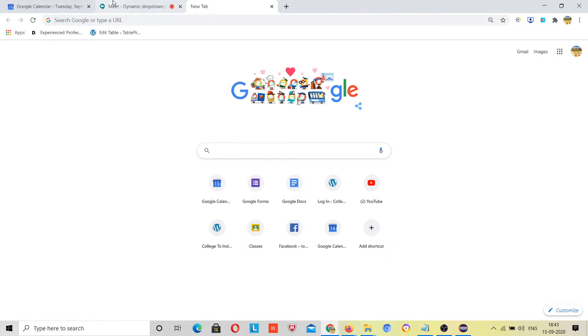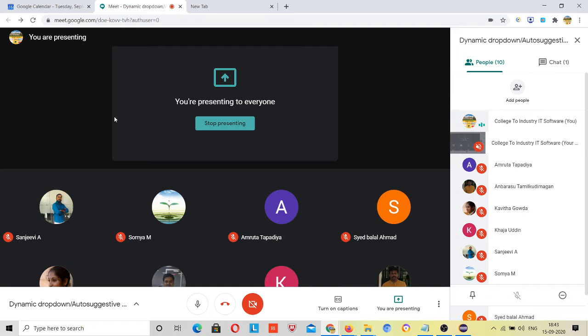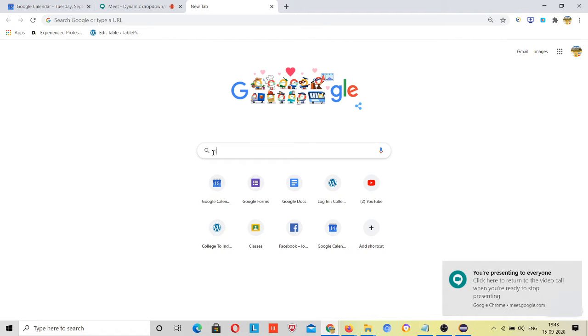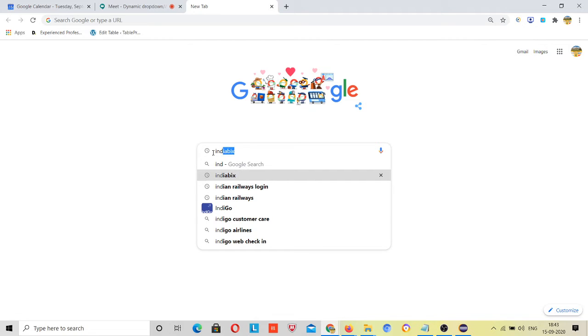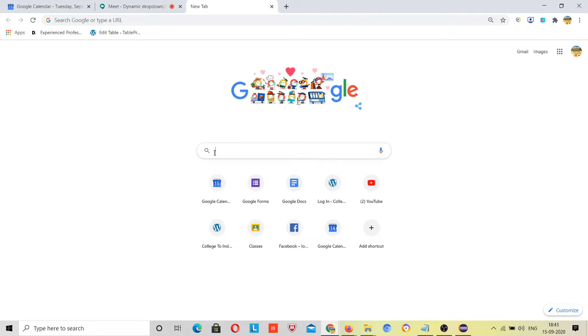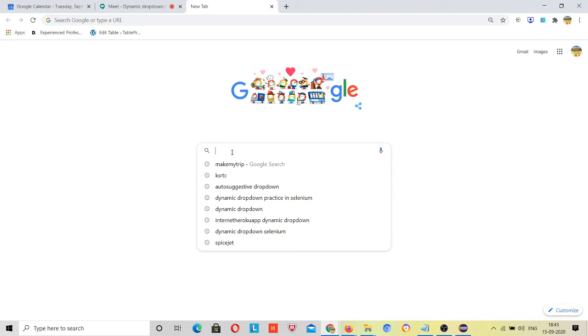So suppose this is your google.com, and I have typed IND, right? After typing IND, it has suggested India Bix, Indian Railways, Indigo, whatever. Let me locate this input box. I will first write a locator for this input box.